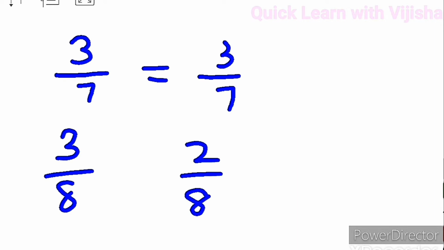Now here both are not same, so we will check. First we need to check the denominators. Here denominators are same, 8 and 8. So which is the greater number? 3 is greater. So you have to put the sign this way, meaning the mouth of the sign should be opened at 3. Understanding? We will see the third question.